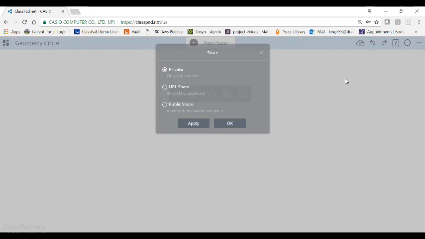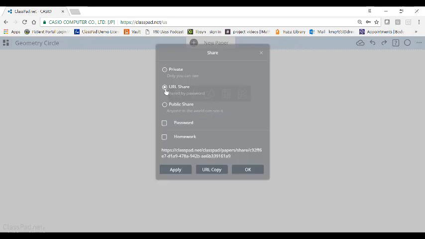Algebra activities, geometry, whatever you're doing with your students. You can also choose to share them with a URL, and if you do that, you can require that whoever sees it has to have a password that goes with the URL. If you're using it as homework, students get it and send it to you. They have a URL, and you'll notice down here is the URL. You copy it, paste it, and they can send it to you. So that's one way to do it.